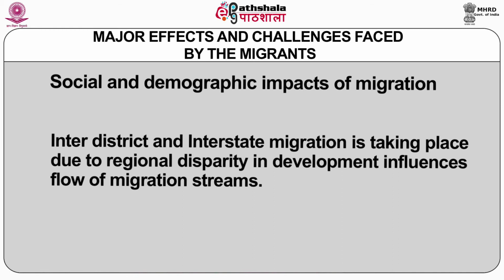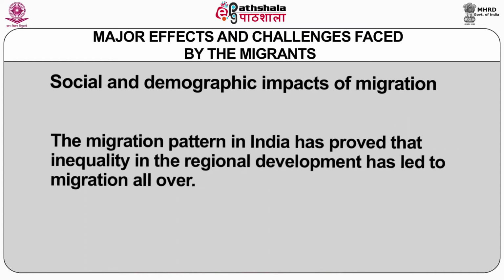Inter-district and interstate migration is taking place due to regional disparity in development, which influences the flow of migration streams. The migration pattern in India has proved that inequality in regional development has led to migration all over. Progressive states which have developed well through higher investment, resources, and better job opportunities experience a high influx of migration. At the same time, states which are underdeveloped and fail to help the marginalized and underprivileged groups have forced people